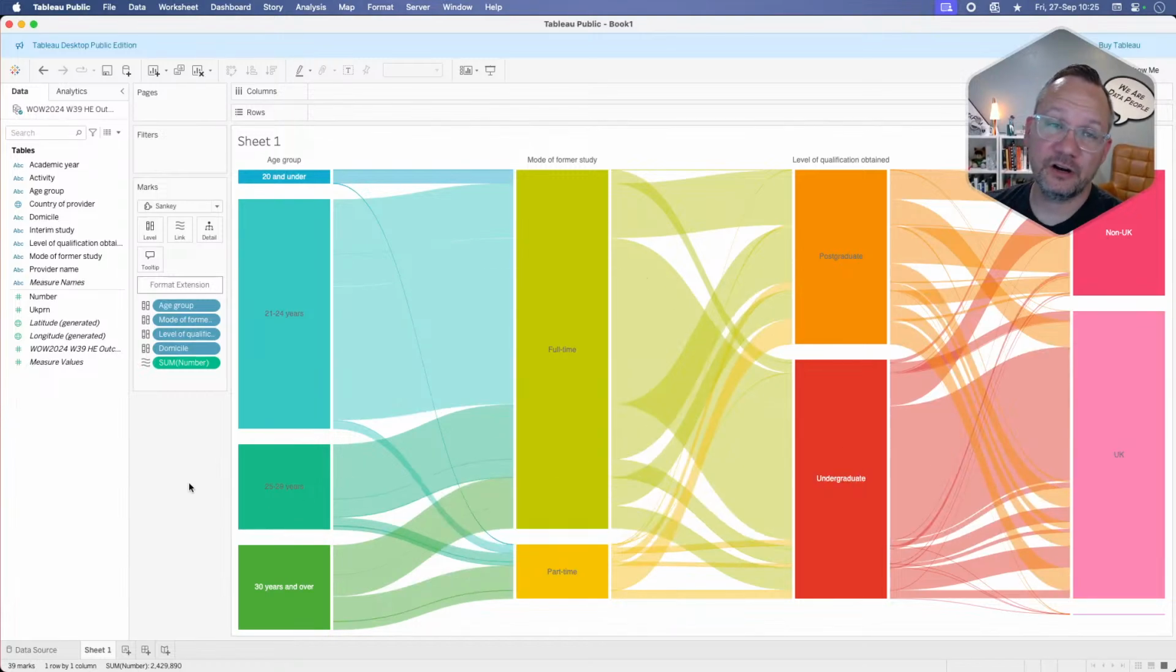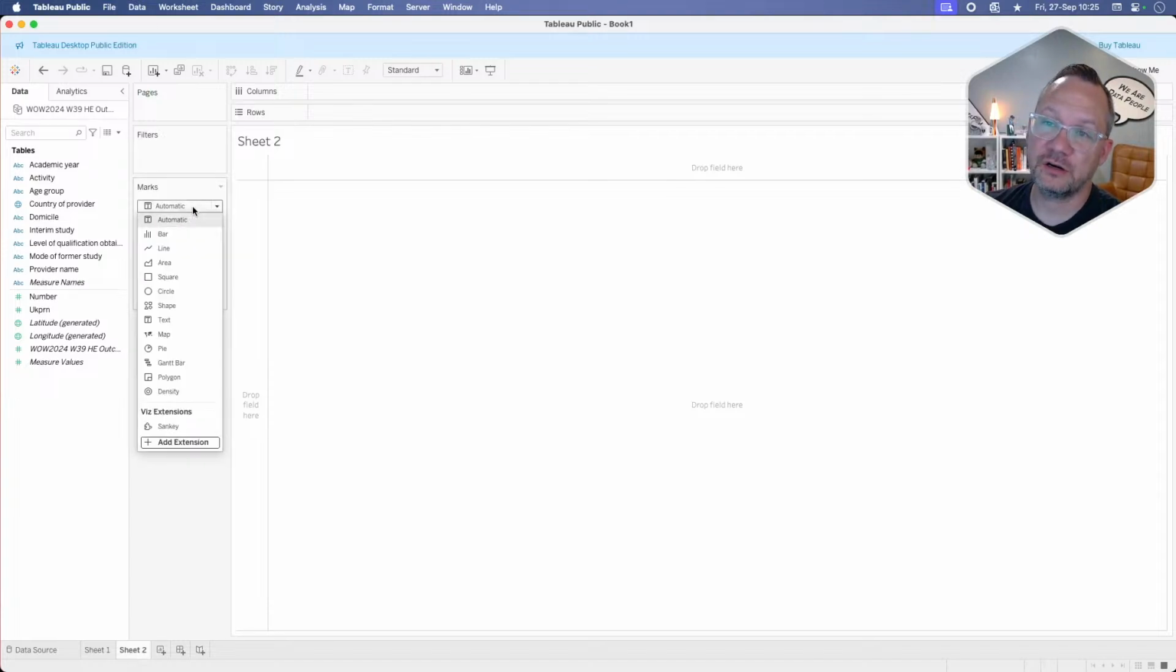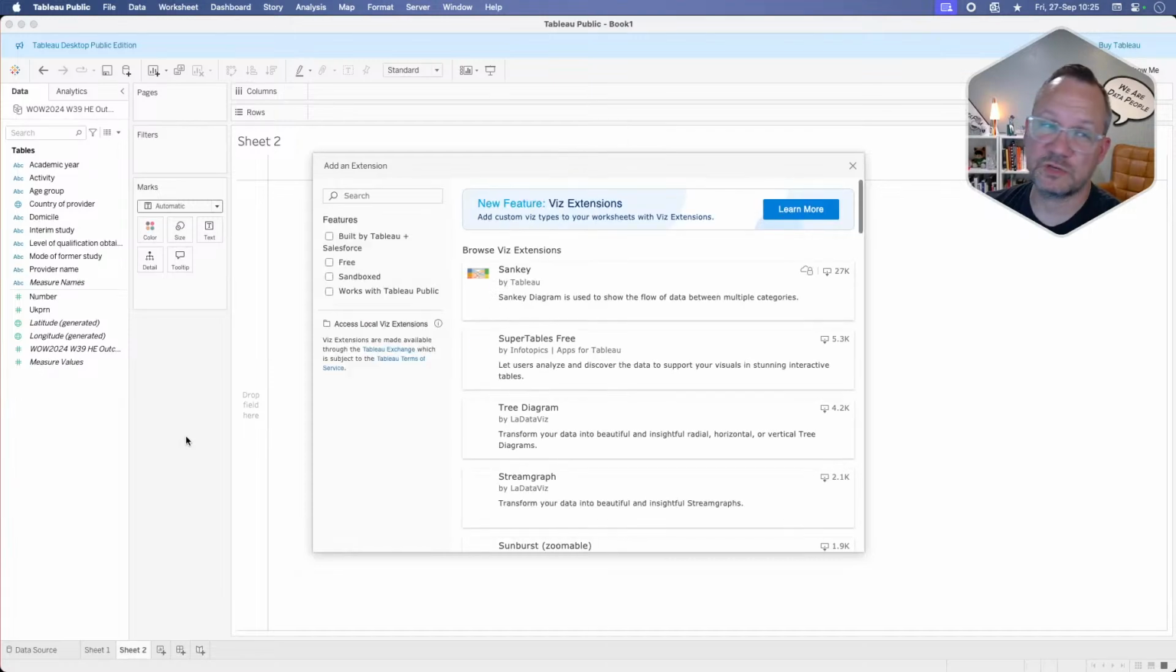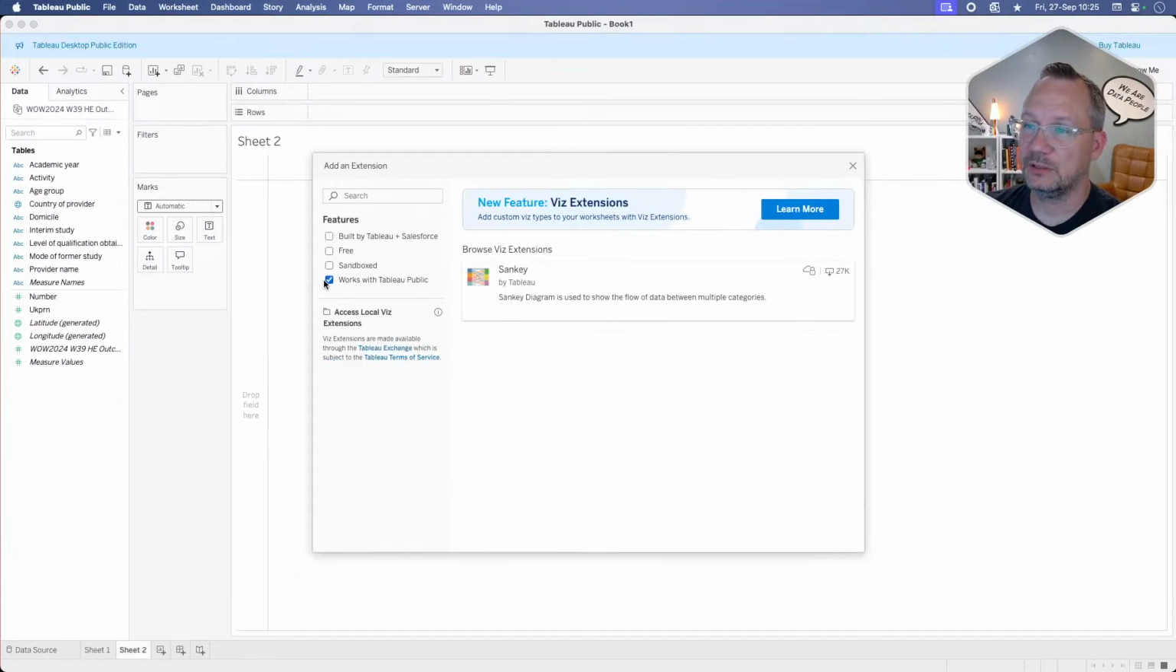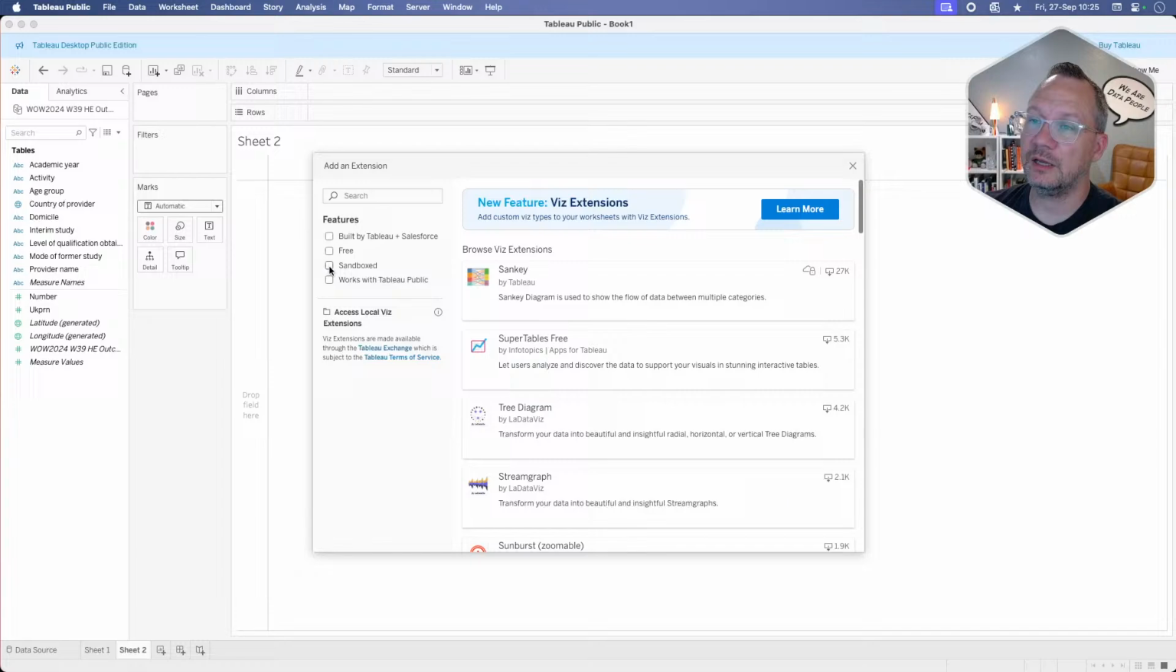Now, there are other extensions. So let's create a new sheet. Let's keep this here. Let's create a new sheet. There are other Sankey Viz extensions, so let's take a look at some of those. We can't put them on Tableau Public because there's only one of them. But if we just search for Sankey,